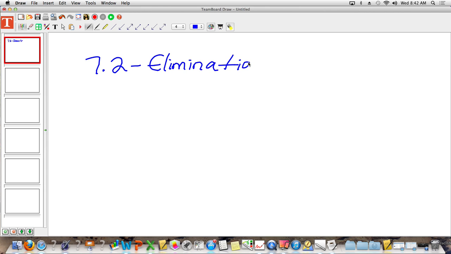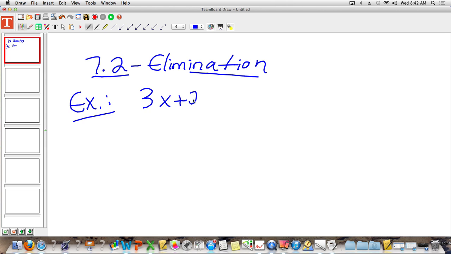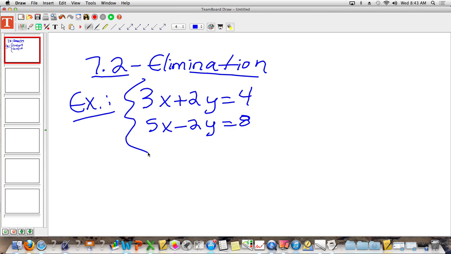Elimination. I have two examples, then we're going to stop. So first example, you are doing the same thing. You're solving for x and you're solving for y in a system of equations. We're going to use a method, like I said, that I much prefer over substitution. So if you have 3x plus 2y equals 4, and 5x minus 2y is equal to 8, elimination is exactly